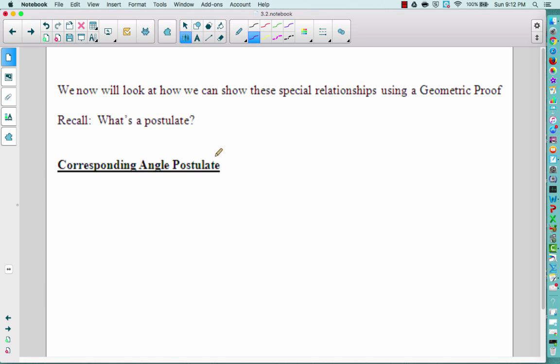All right, in order for us to do what we're going to do, we're going to have to use a postulate. The postulate we're going to use is called the corresponding angle postulate. Since it's a postulate, you are going to accept it to be true without me proving it to you. All the new postulates and theorems we're going to learn relate to two lines cut by a transversal, and these two lines have special relationships when the lines are actually parallel. So the corresponding angle postulate says if two parallel lines, I'm using the symbol, and remember that two lines that look like an 11 means parallel,